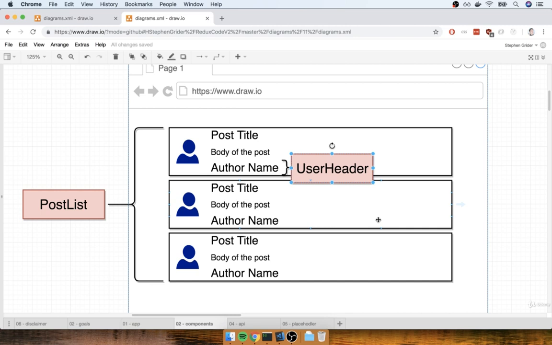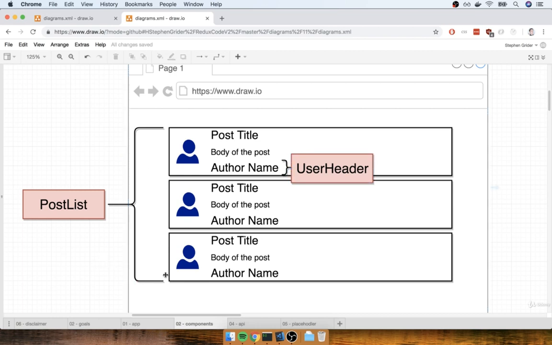Now, the reason we're going to split that off into a separate component is going to be a lot more obvious once we start to take a look at how we fetch data from an outside API and make use of it inside of our application. So for right now, we'll just say we're going to have this interesting component set up, but the reason that we're splitting out that single little header to a separate component is going to be obvious in just a little bit.